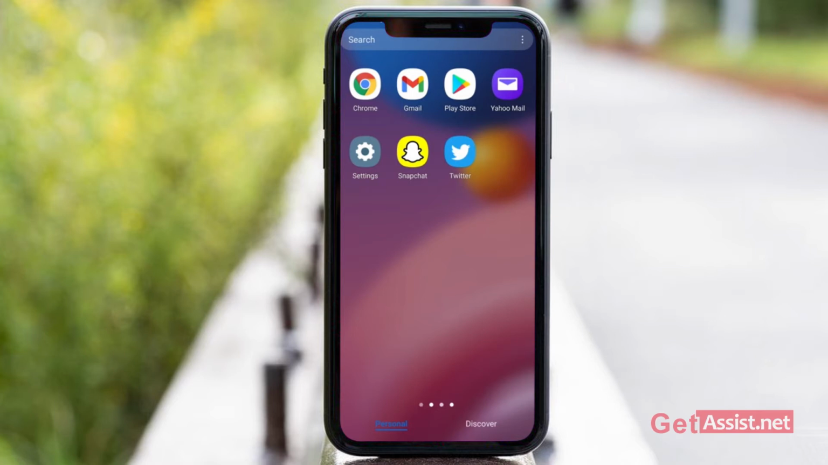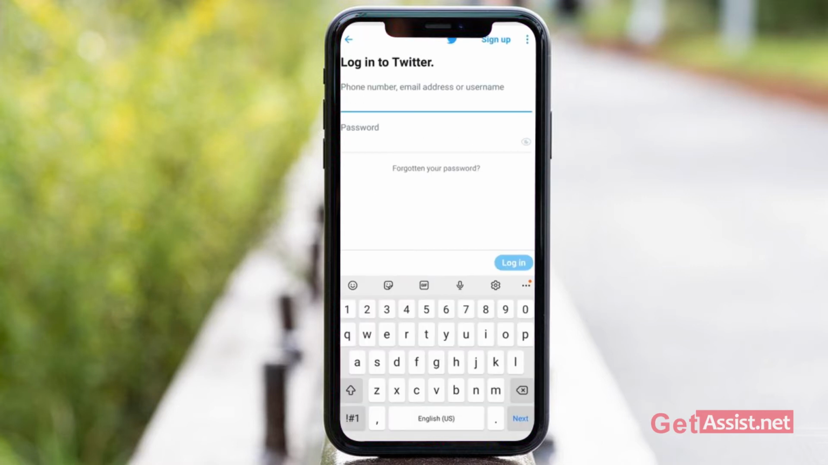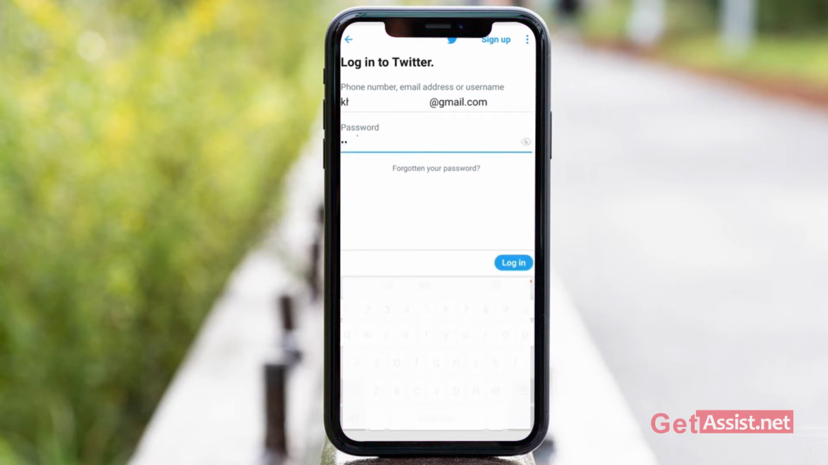So simply open the Twitter app and then tap login at the bottom. After that, here you have to enter either the phone number, email address or username that is linked to your Twitter account, and then you have to enter the password. Alright, so make sure you remember all the details of your Twitter account, only then you will be able to reactivate it. Simply tap login,